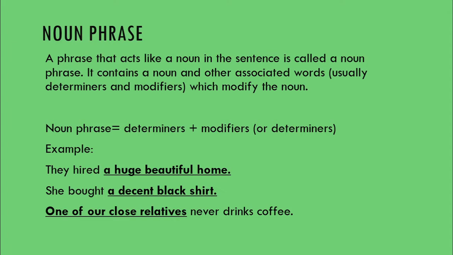A huge beautiful home is used here as an object and also as a noun. She bought a decent black shirt. A decent black shirt is used here as an object and also as a noun. One of our close relatives never drinks coffee. So one of our close relatives is a phrase. This phrase is used here as a noun and also